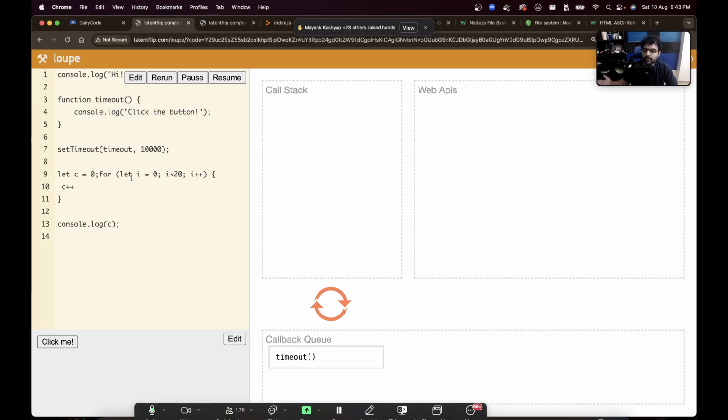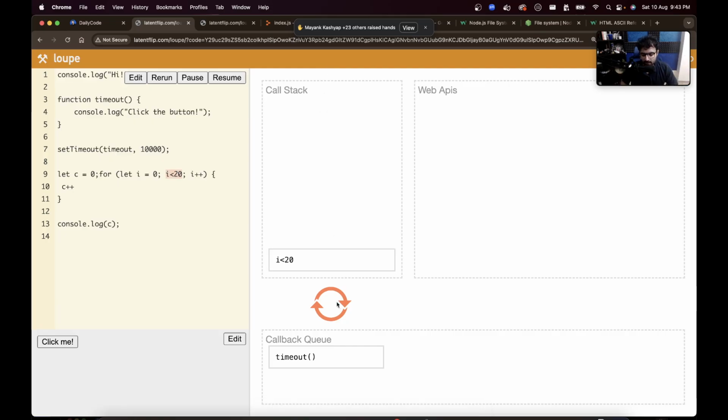And whenever I become free from this CPU intensive task, which I'm running right now, as you can see, the call stack is busy. If the call stack is busy, it will not be able to pick things from here. Only when this becomes free, we'll be able to pull things from here and run this. Now that it became free, it pulled it and ran it. Which is why,